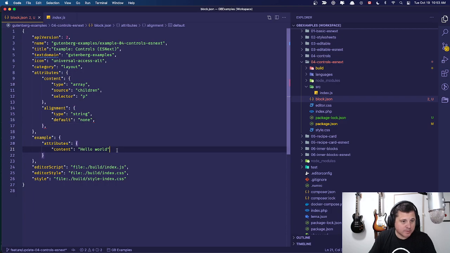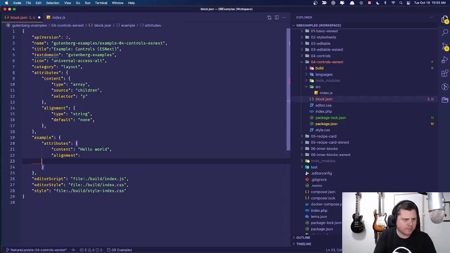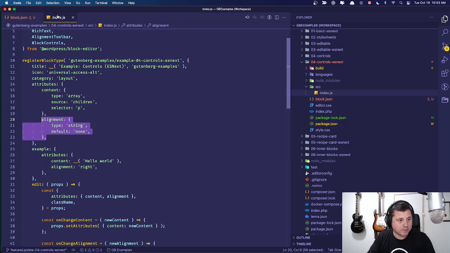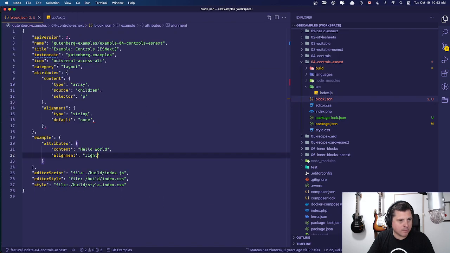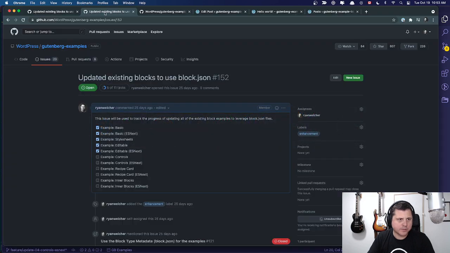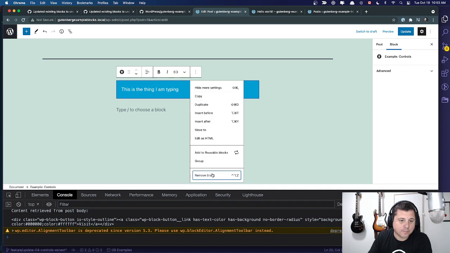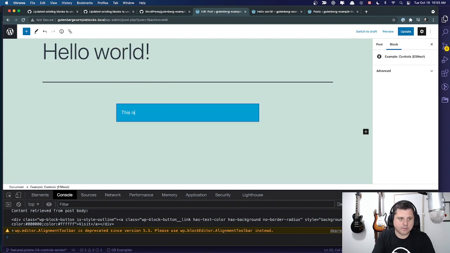I think the example was set to, is it alignment? I think it was right, but I'll check that here. Yeah, that's right. Okay, cool. So we got the block. Before I do anything, I should probably just get a working example of this. I'm gonna get rid of this block here. Move block. So there's controls. Next is the ES next